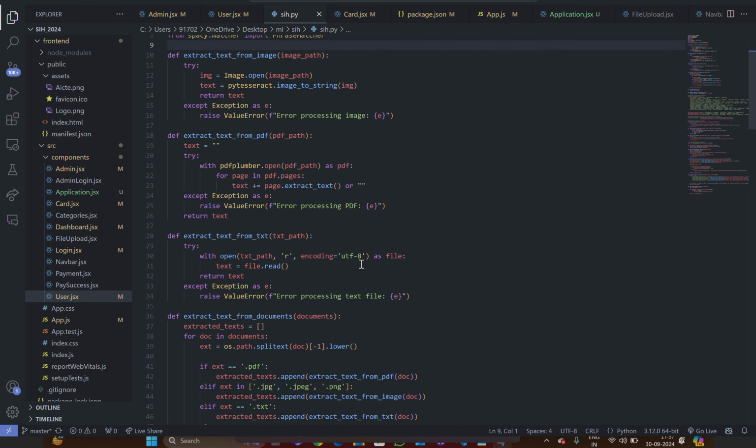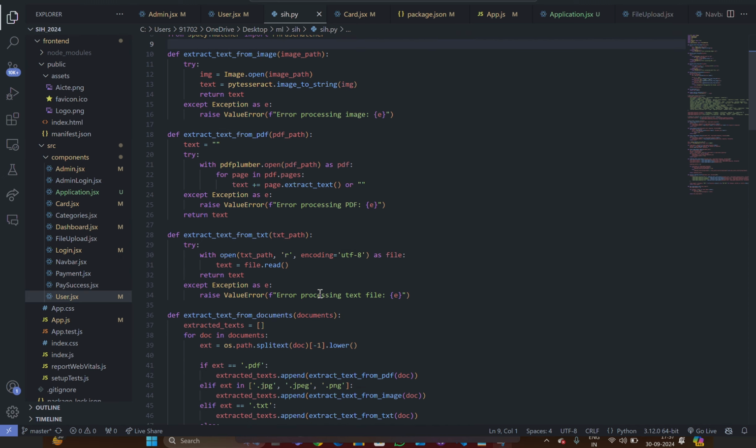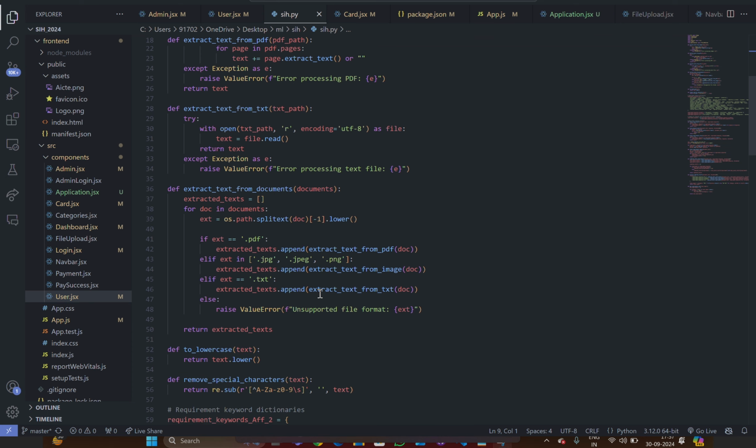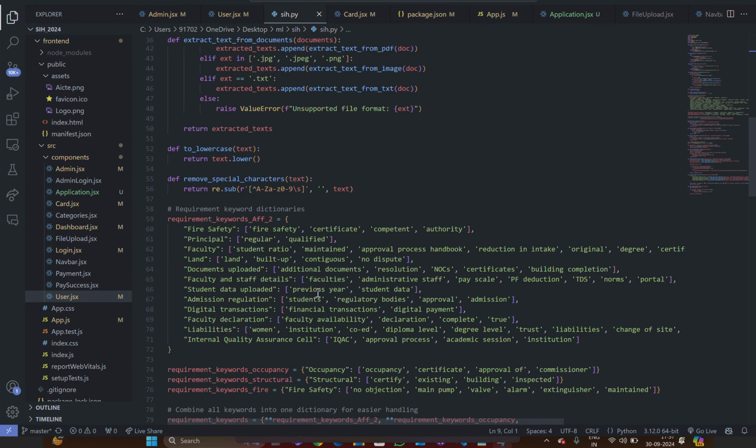After we've collected all the text from different document types, we need to do certain pre-processing upon the acquired text. Some of these functions for pre-processing include converting all the text to lowercase and removing all the special characters. We do this in order to convert the text into a uniform format.